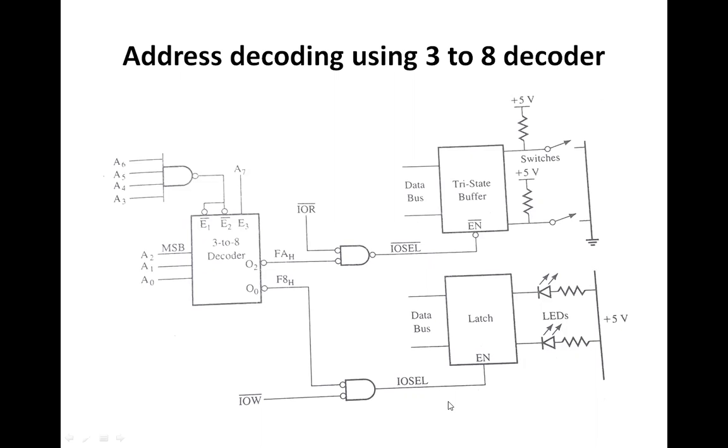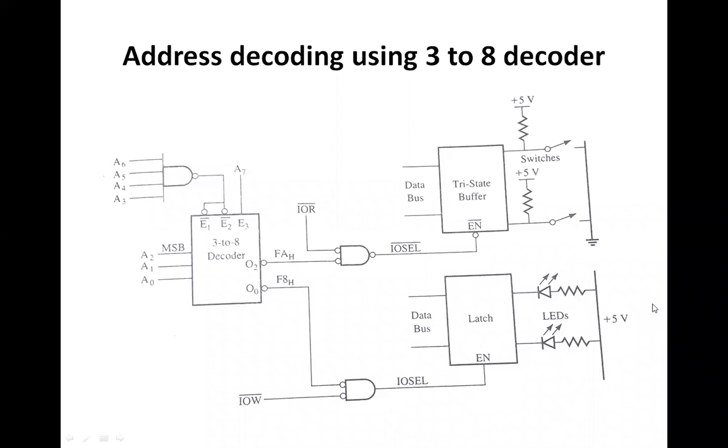Now this figure is again showing that the input output select pulse enables the LED latches, with the output address F8H as shown by a combination of A0 to A7. And this is later on demultiplexed, and later on this data bus will be loaded by the content of the accumulator, and through that data bus the content will be arriving